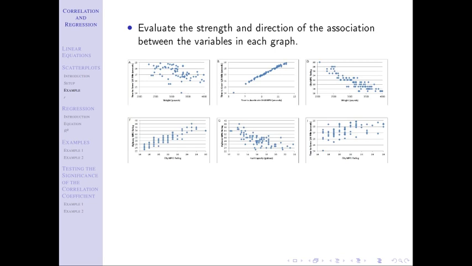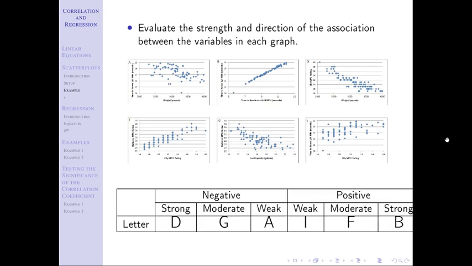Notice in my weakest one, A, I have, say, a point here. This point would not follow the trend very well. So A is a little bit weaker because you have some of these points that are a little bit further away, whereas D does not seem to have any points at all that stray. G has maybe a point or two that strays a little bit further, but nothing quite like A, where some of these points are really straying out. So that's how I would assess those plots.